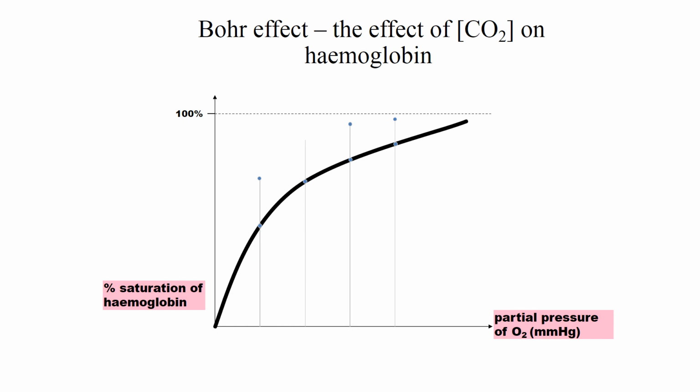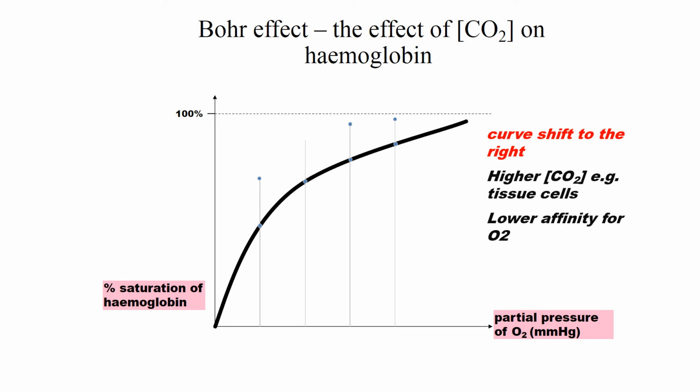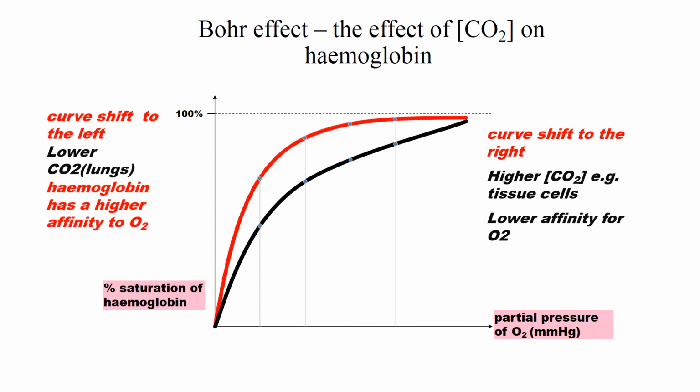So studying the Bohr's effect of carbon dioxide on hemoglobin, we know whenever there is an increase in carbon dioxide as seen in the tissue cells, it causes decreased affinity of the hemoglobin for the oxygen, causing the shifting of the curve to right side, and reverse is seen in cases of lung. In lung we have increase in oxygen. So lower carbon dioxide in the lung results in increased affinity of hemoglobin for the oxygen, therefore results in loading of the oxygen at the level of lungs, and curve is shifted towards the left side.